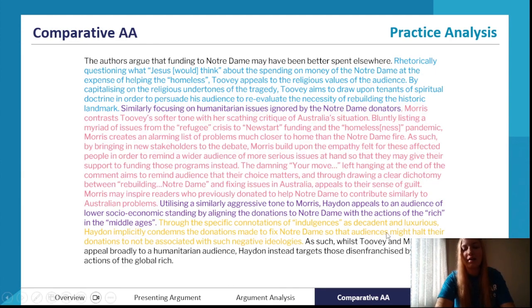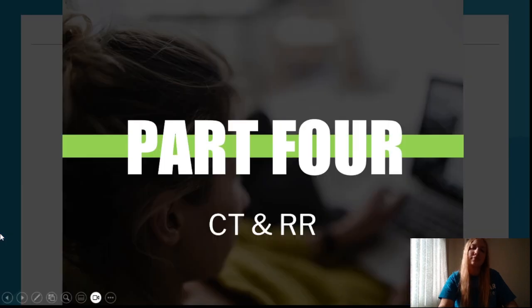And then we see this final linking sentence after the discussion of the last letter to the editor, where you need to overall compare and contrast all of the pieces of text that you've discussed in that body paragraph, whether it be two or three. So as such, whilst Tuvi and Morris appeal broadly to a humanitarian audience, Hayden instead targets those disenfranchised by the actions of the global rich. So in this case, we see that was drawn directly from the comparative links that were made. Hopefully that